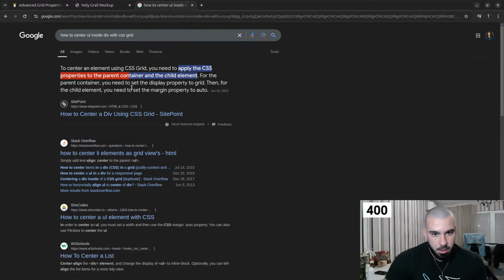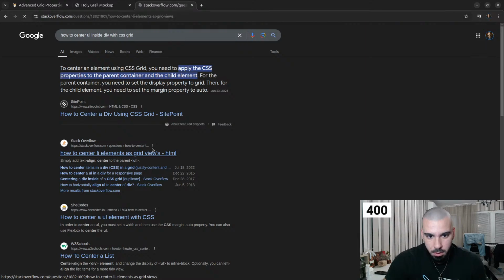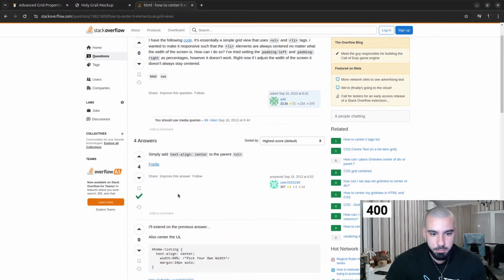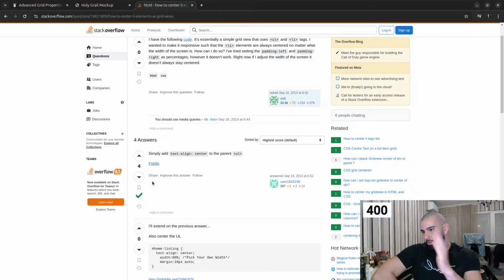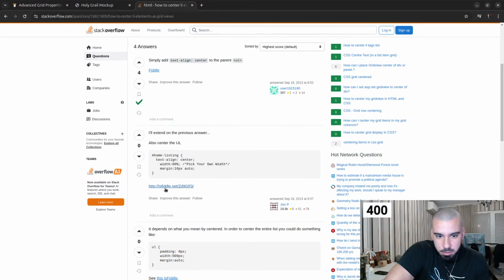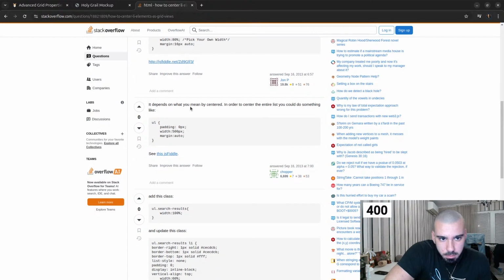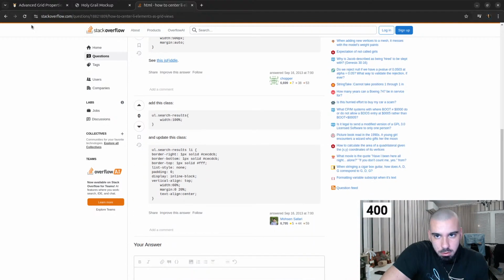For the parent container, you need to set display to grid, and for the child element, you need to set margin property to auto. Text align center to parent UL. Yeah, but this for the horizontal centering, I want to vertically center it. And text align center, it depends on what you mean by centered. In order to center the entire list, you can do something like, no,